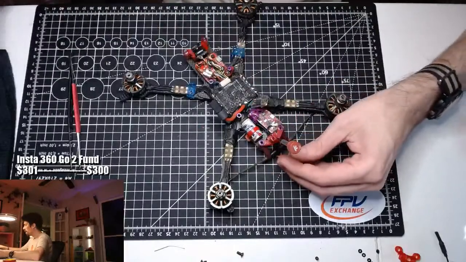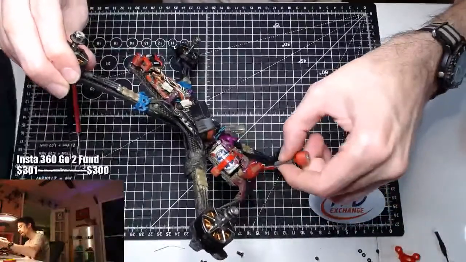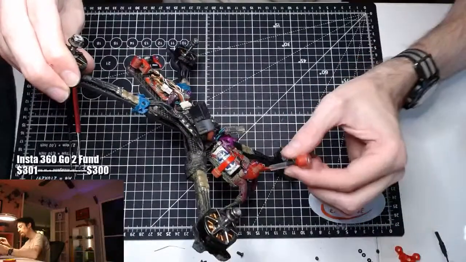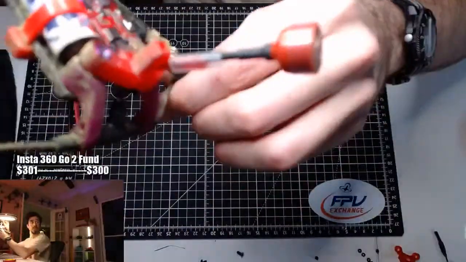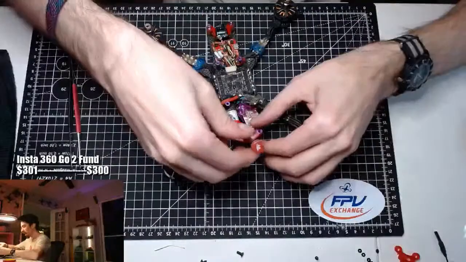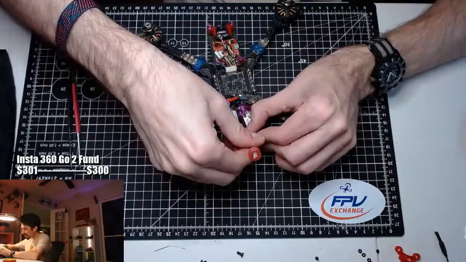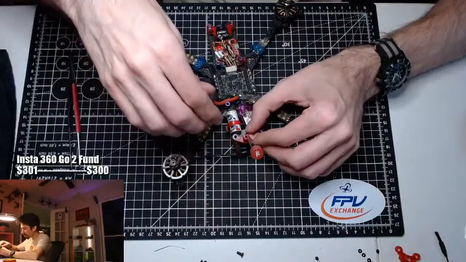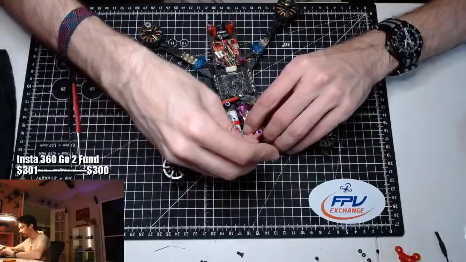And now we're going to take this shrink wrap piece and slide it down and over the TPU there. See that? That's why we had to put that shrink wrap on there earlier. And now that's going to both help the TPU, right? It's going to make the TPU a little bit stronger, but it's also going to hold the UFL in there